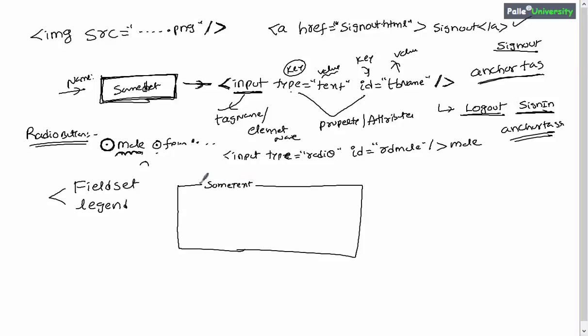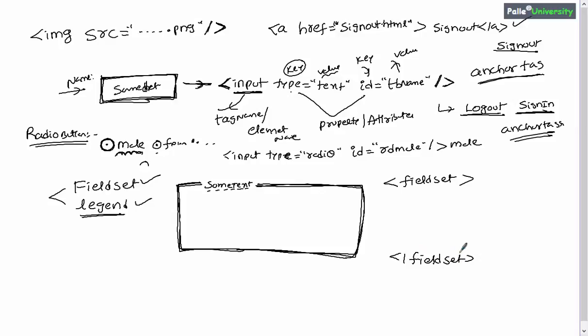In order to create a square or rectangle box which has a gap in the top line for including some text, you will use fieldset and legend. Legend will be used for displaying some text, and fieldset will be used for displaying a rectangle box.